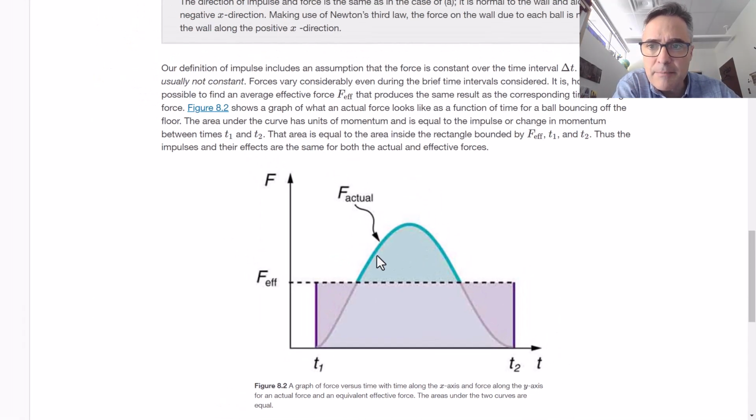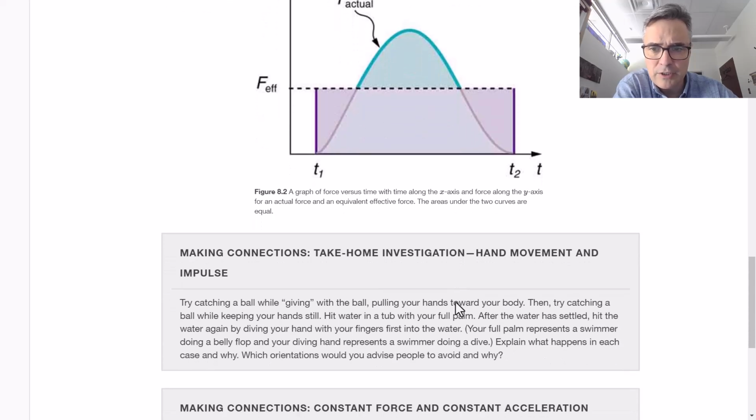The other thing is that the impulse, when the net force is changing, is the area under the net force versus time curve. Usually the force during an impact, during an impulse, goes up and then goes back down to zero. If you calculate that area, the effective force is kind of like the halfway point between the maximum and the bottom. So the area of this rectangle, F effective times delta T, is the same as the area of the actual curve here. So it's actually an integral.